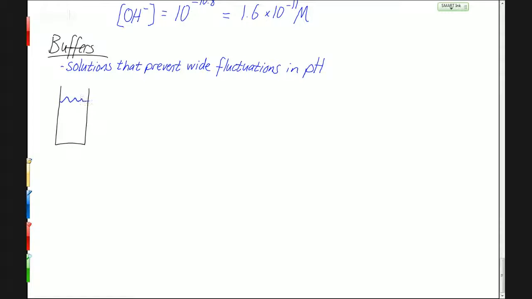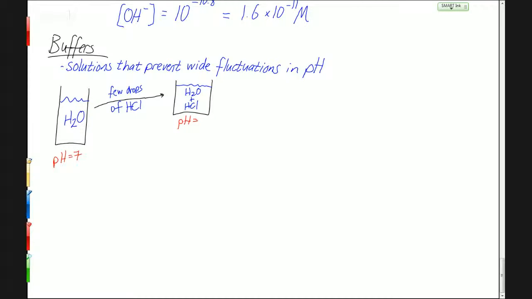So let's say first we don't have a buffer. We just have some water, a little beaker full of water. And you'll have a chance to do this next week in lab. Let's say to that water, we add a few drops of hydrochloric acid, a few drops of HCl. Just drop it in the water. We now have water with some HCl in it. It forms its hydronium, does all the stuff we've talked about. But we're just talking about a few drops. If that water pH started around 7,